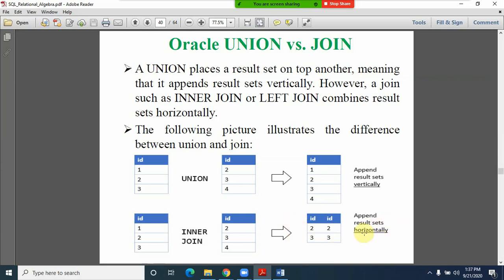in the join condition. But union is not like that, friends. Union is not having any matching kind of thing. Only the thing is whether the data is there. It is just pulling the data from that particular table, and after completion of the first table, it is getting the information from the second also. It is vertically placing all those particular records.